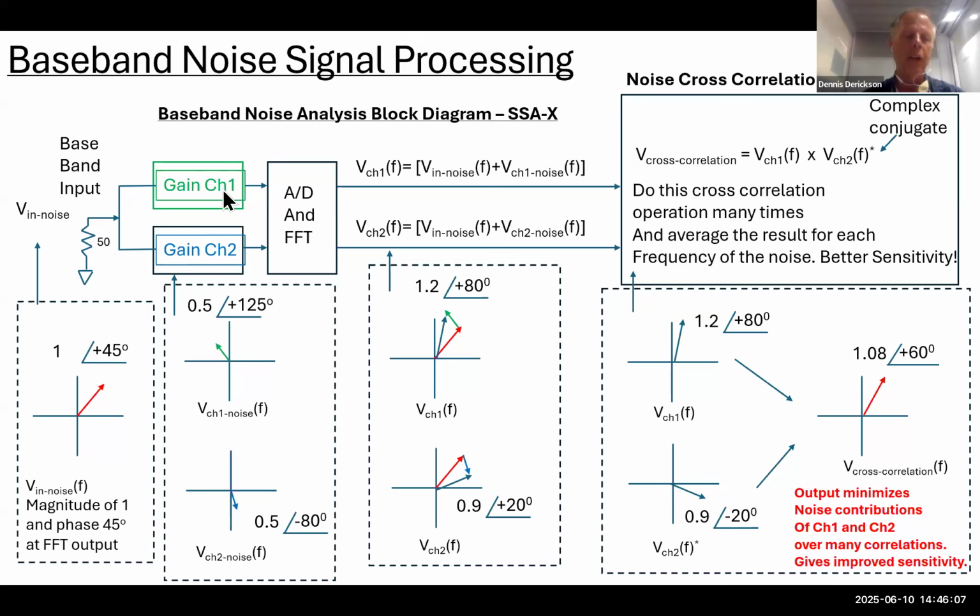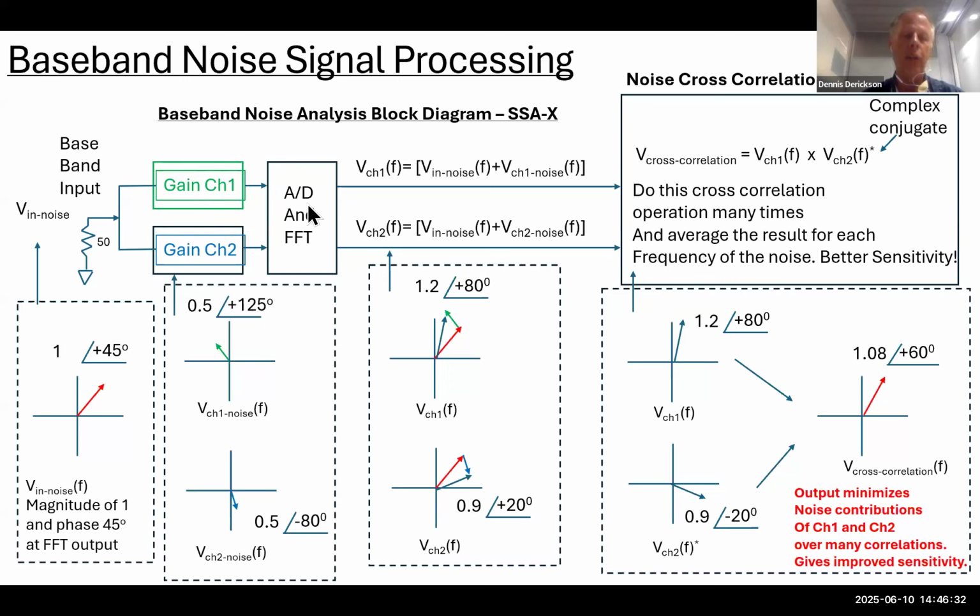I arbitrarily assign the noise of this channel 1 as 0.5 units at an angle of 125, but in actual fact, it could be any angle. And I assign this one having the same amplitude of noise, but at a different angle right here. Then I take these three sources of noise, the shot noise from the diode, and the two noise sources that are